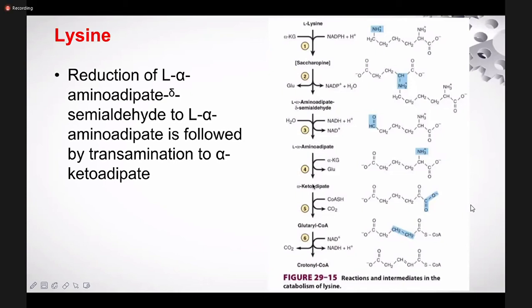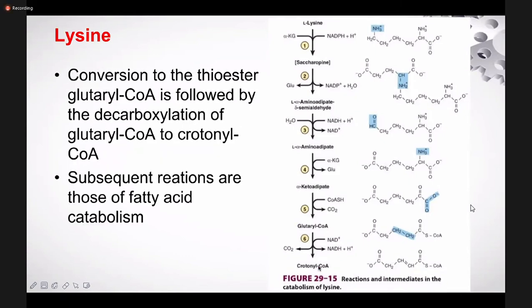Conversion to the thioester glutaryl-CoA is followed by decarboxylation of glutaryl-CoA to crotonyl-CoA. From this one, the subsequent reactions are in fatty acid catabolism. So as you can see, lysine participates in fatty acid